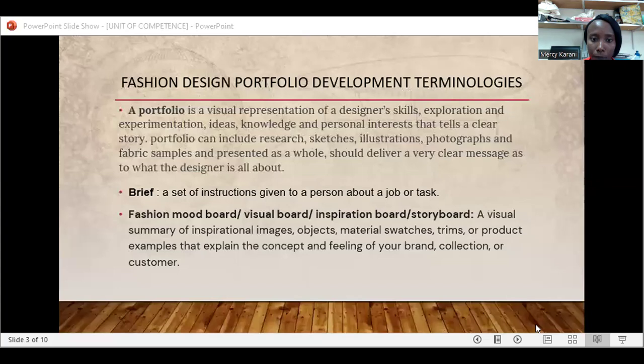I'll stop the sharing, but we have looked and really understood the steps. So I will want you to group yourselves in groups of 3 and identify the steps or stages that are to be included when we are trying to look at development of the portfolio. So identify the stages in your groups, then we can proceed. So to proceed, as you identify those stages,